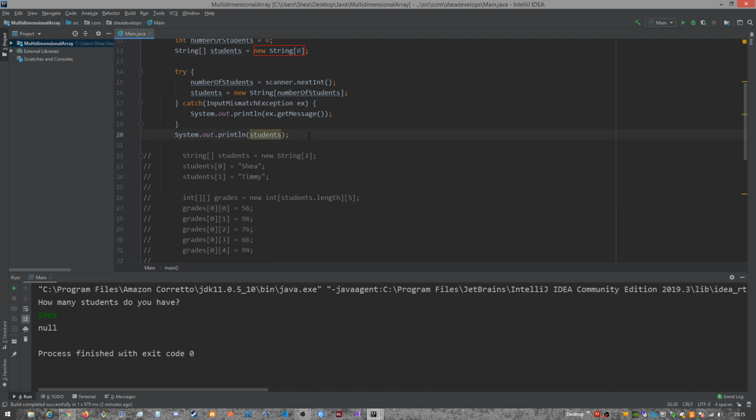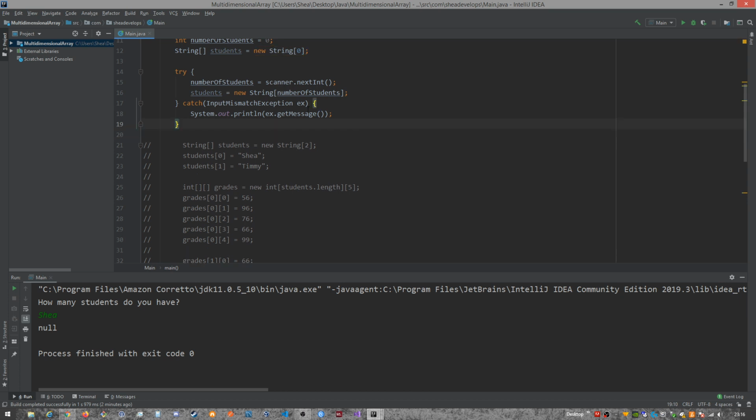Alright, so let's continue to move on. So now that we have how many students we need, and we've created our string, we're going to now take in our students' names. So again, we need to tell the instructor what we expect from them. So here, enter student's name,